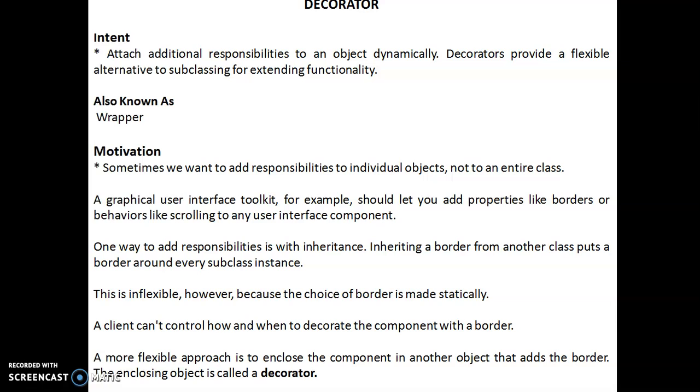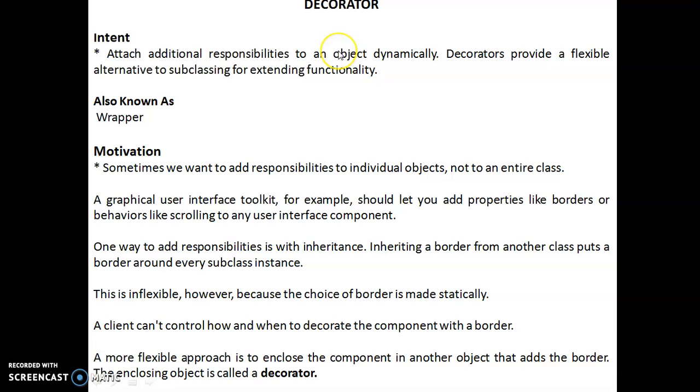And what is a decorator? A decorator attaches additional responsibility to an object dynamically. Decorators provide a flexible alternative to subclassing for extending functionality. So here also you are extending the functionality by subclassing. Whenever you are subclassing certain things, it means that you are adding certain functionality.